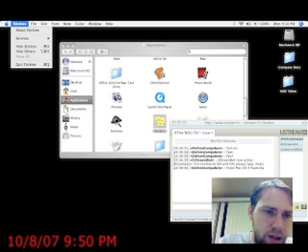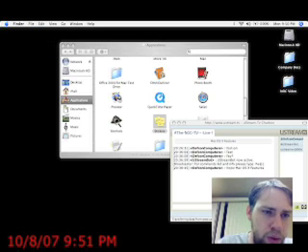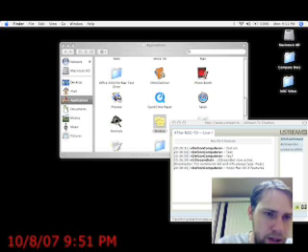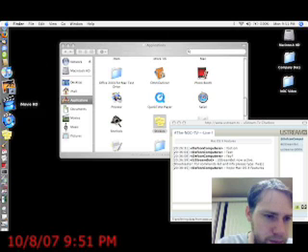So we want to close out of stickies. We just click the stickies menu and we hit quit stickies. That's it. It's gone. Now you can do a shortcut. If I open that back up,